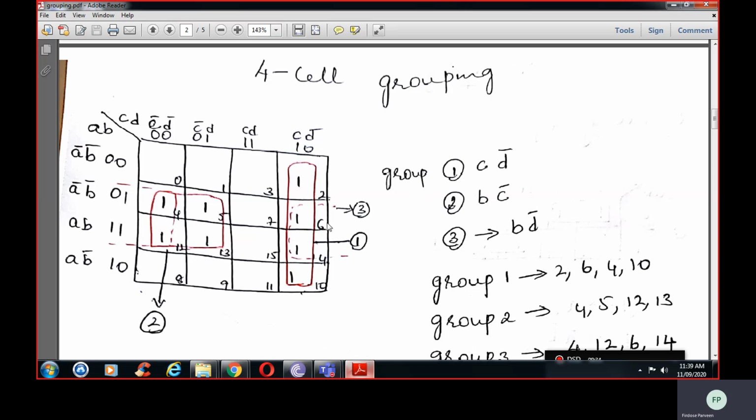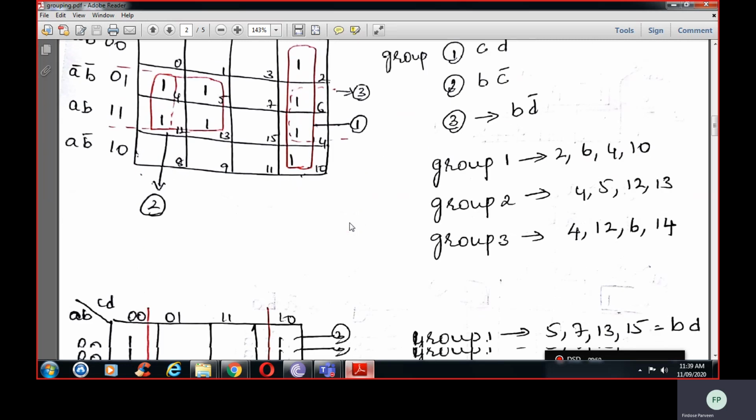B C bar. Okay. Second group is, okay. This is group 3 and this is group 2. Okay. So next, coming to